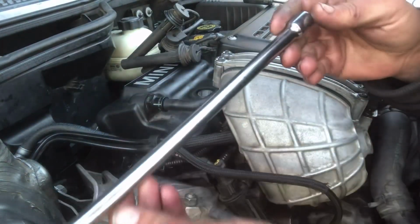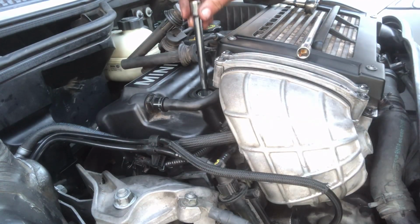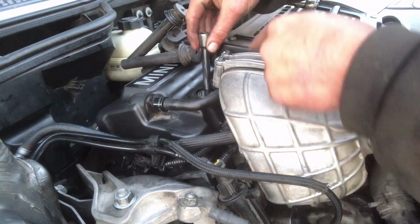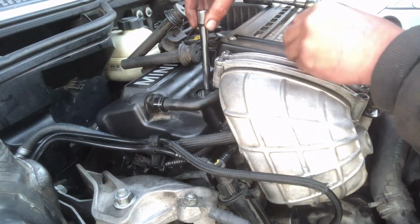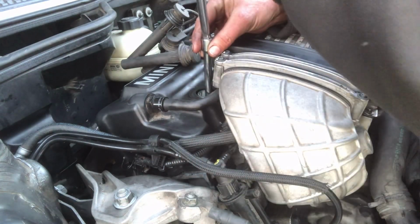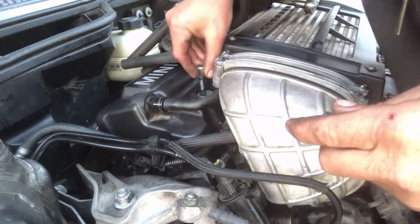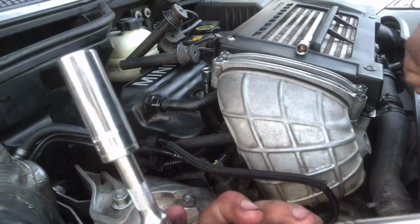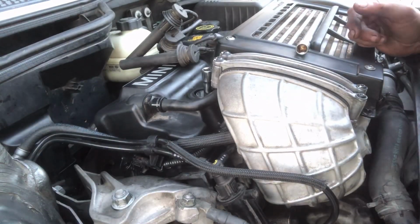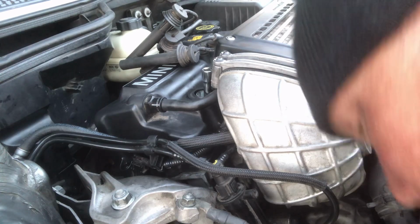Okay, next you're going to want to grab a long extension, the longest one you have, and place it inside your cylinder. It's a good idea to use two extensions just so you don't drop it in there. I already know my piston's up high, and mine's not going to fall in there because I've already put it in there. Then put your 15mm ratchet onto the crank bolt, which you shouldn't have too much trouble doing,